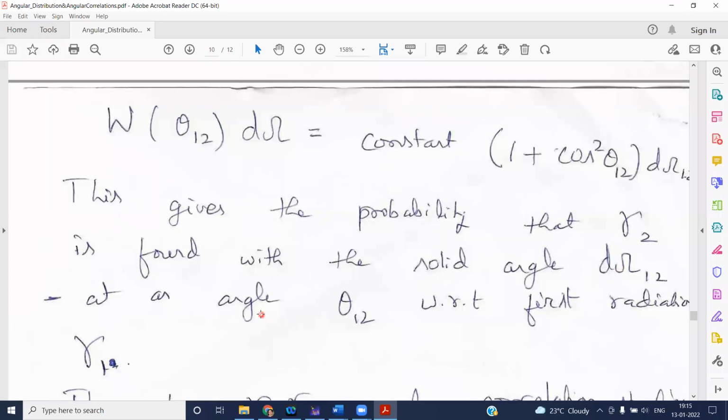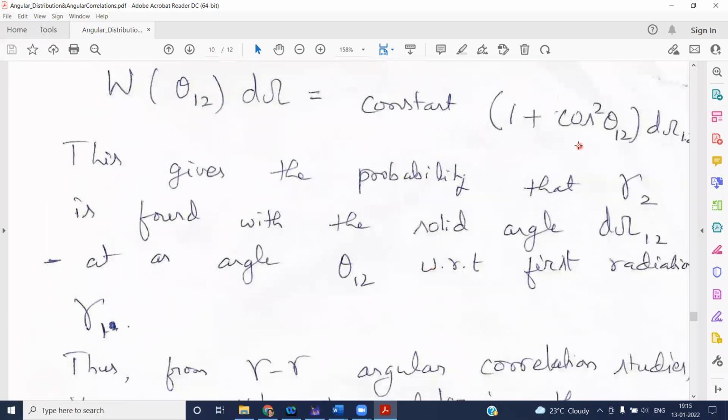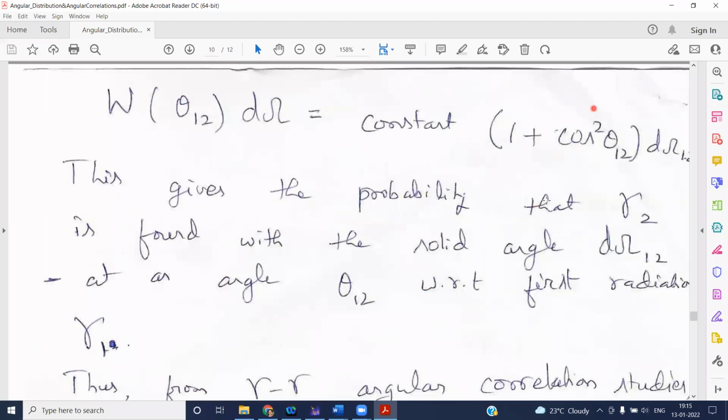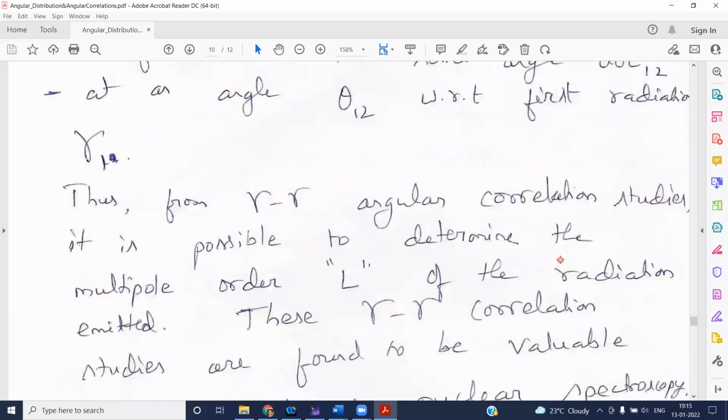I check that my second detector detects gamma ray 2, and within the solid angle there is a distribution. So the second gamma ray tells me, if this is the distribution, what do I conclude about the L value of the second gamma ray? Do you know what the L value is? If it is 1 plus cos squared theta, then cos squared theta is a signature of L equal to 1. It's a dipole radiation is what I will say experimentally. So that's what this says. So I will say from our gamma-gamma correlation studies.